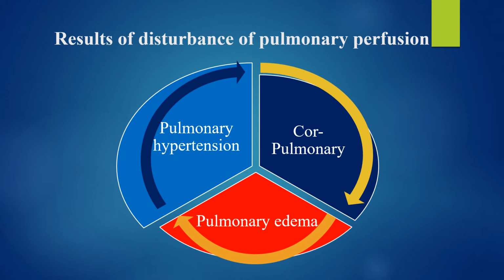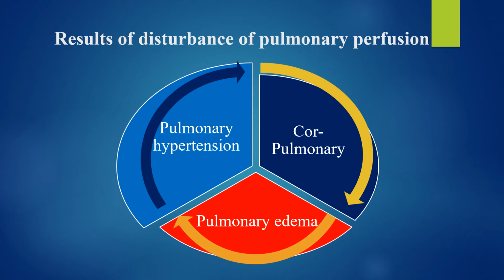The next is Kitaev reflex: increasing pressure in the left atrium, for instance in mitral stenosis, or a sudden and sharp increase of arterial pressure in arterial hypertension, causes spasm of pulmonary arteries. Besides these reflexes, an increase in intra-alveolar pressure, for example in obstructive diseases accompanied by expiratory dyspnea, as a result of prolonged expiration, pressure in the alveoli rises. In this case, the resistance of the pulmonary vessels increases and causes pulmonary hypertension.